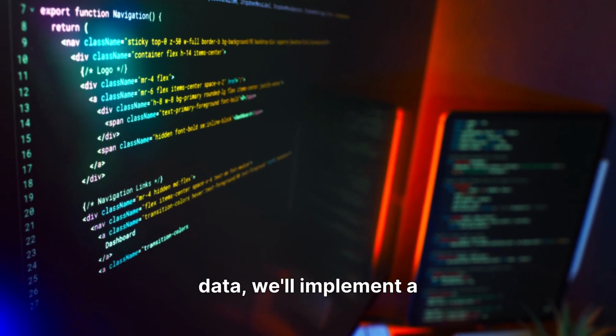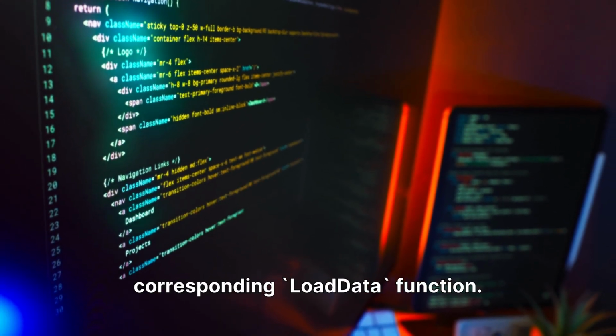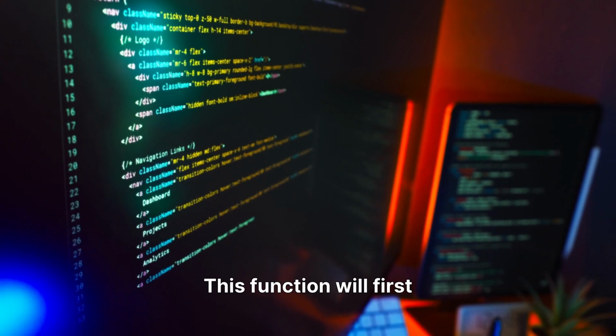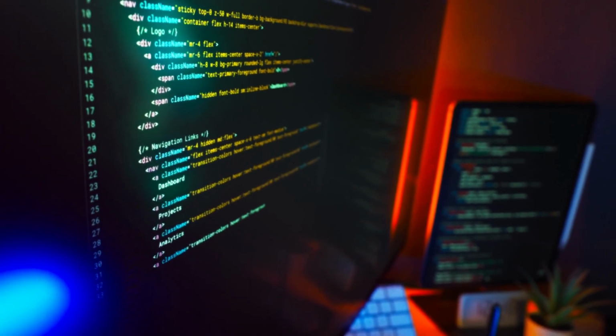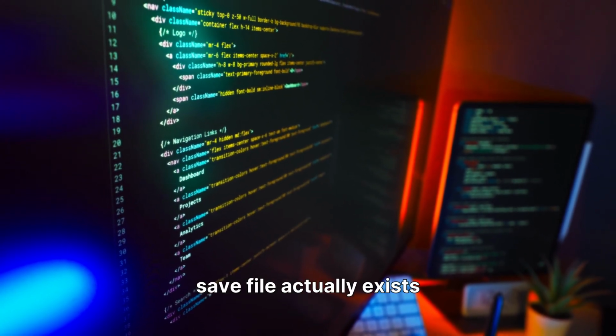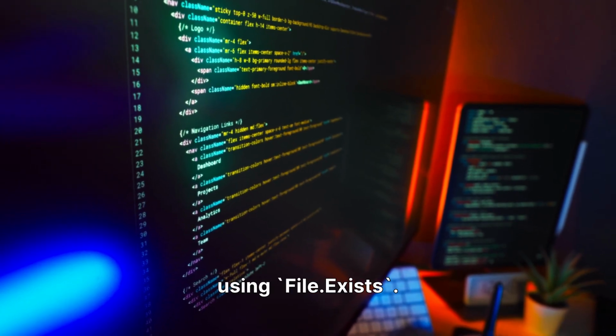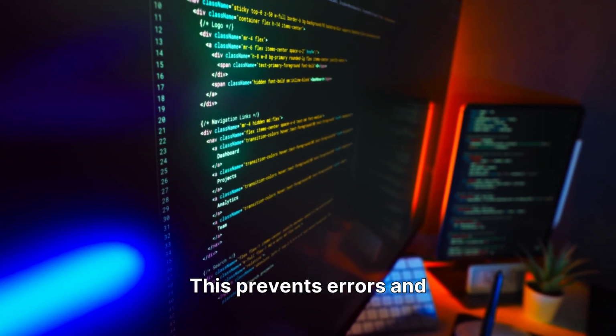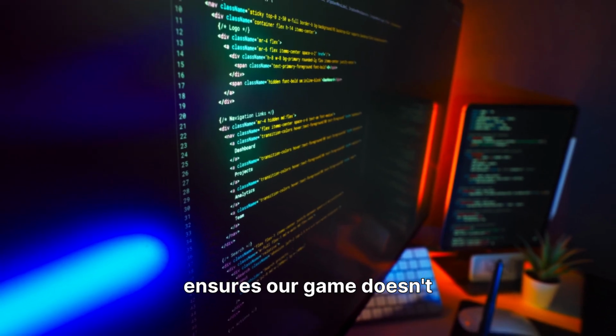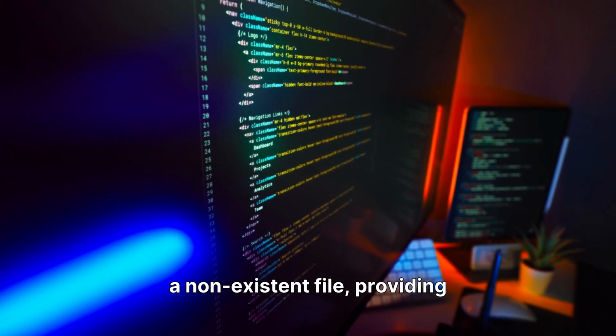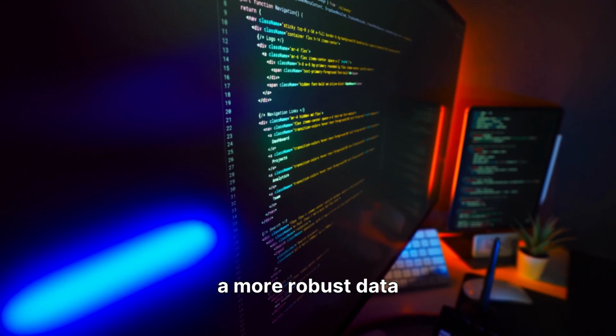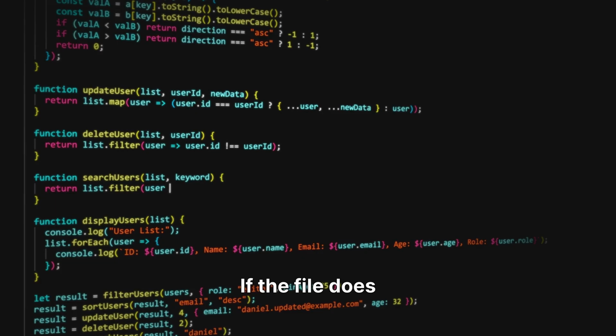For loading our game data, we'll implement a corresponding load data function. This function will first perform a crucial check. It verifies if the save file actually exists at the specified path using File.Exists. This prevents errors and ensures our game doesn't try to load from a non-existent file, providing a more robust data management system. If the file does exist, we proceed by creating a file stream in FileMode.Open to read